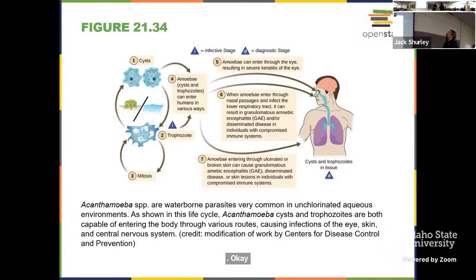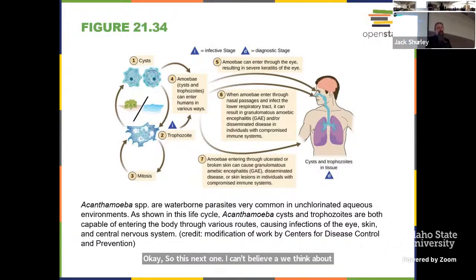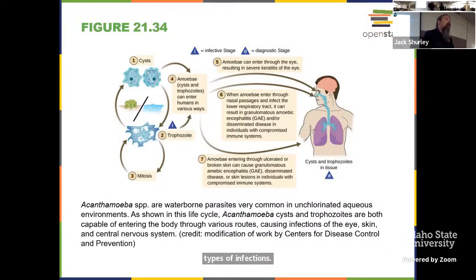Okay, so this next one, acanthamoeba, we think about some potentials with this for really a handful of different types of infections. It's a good one for the eye, as we're on skin and eye infections, but there are other possibilities as well, and it could cause some brain involvement. There's numerous things that can result. Acanthamoeba